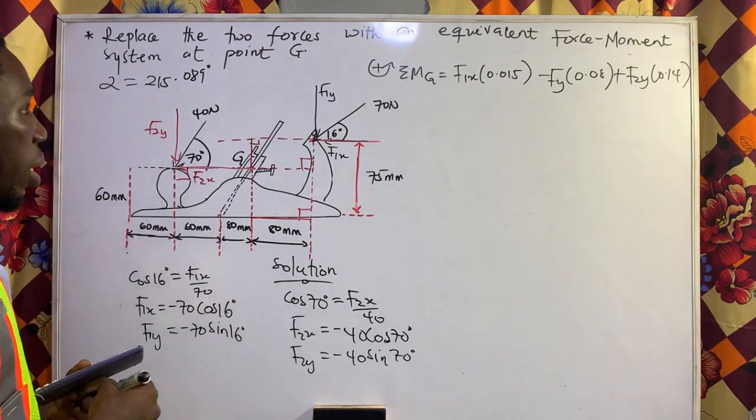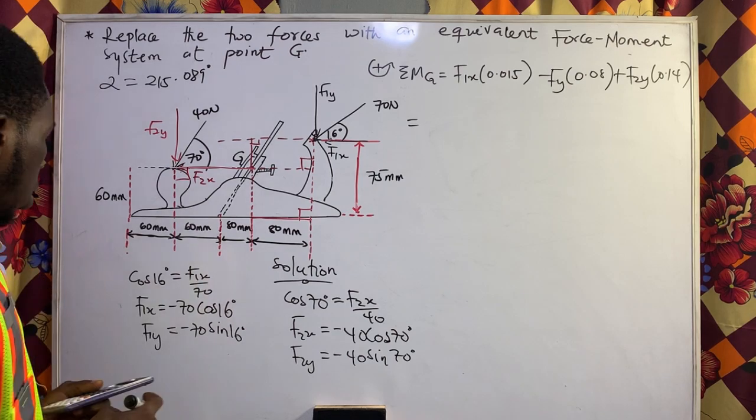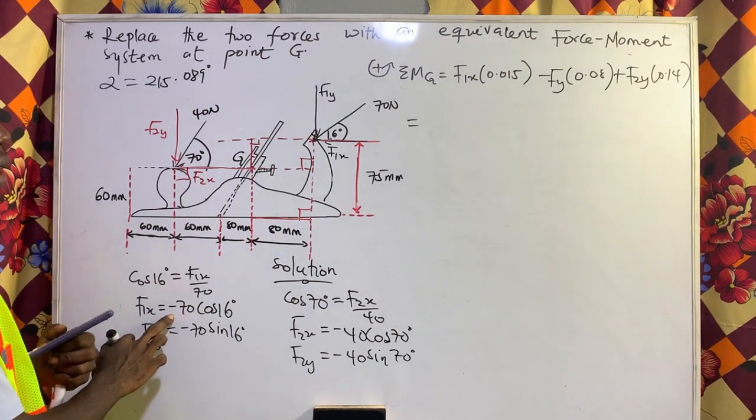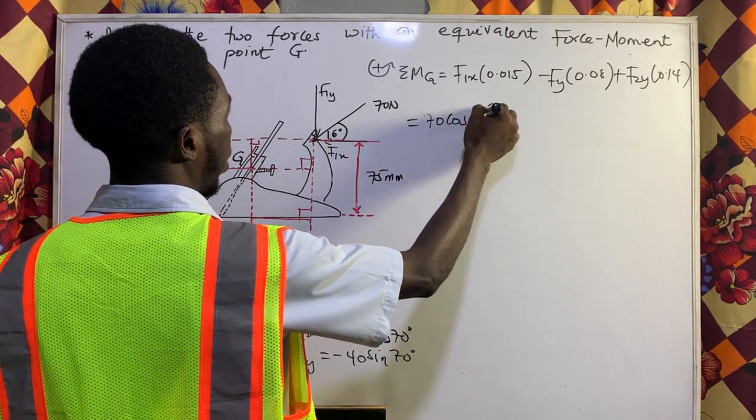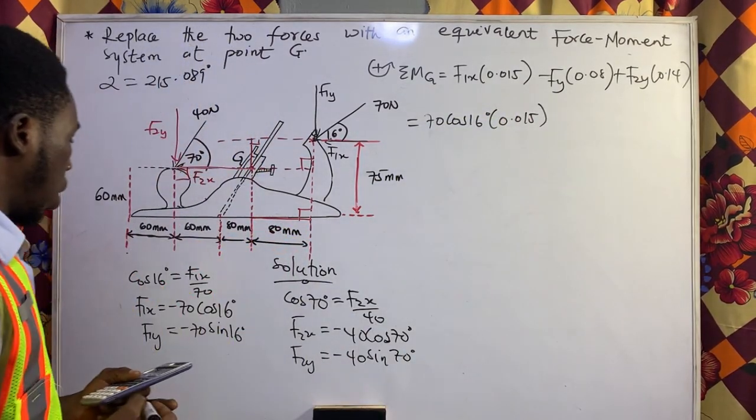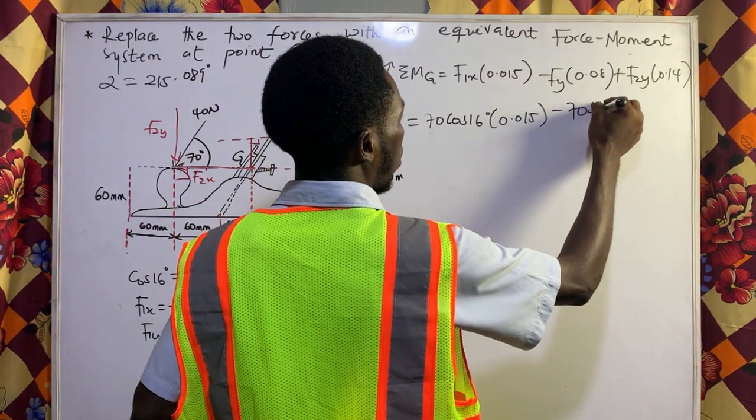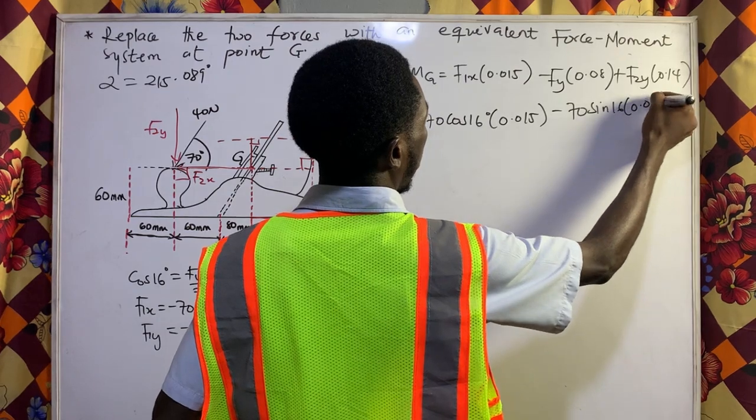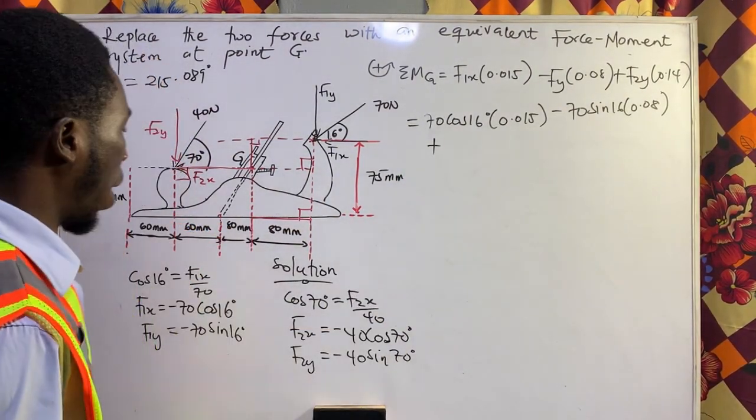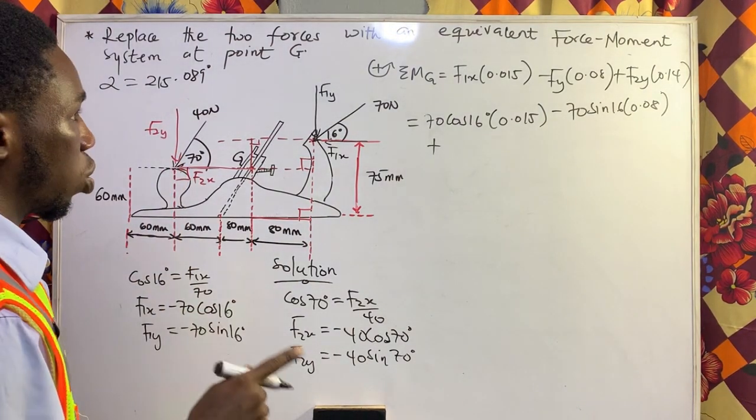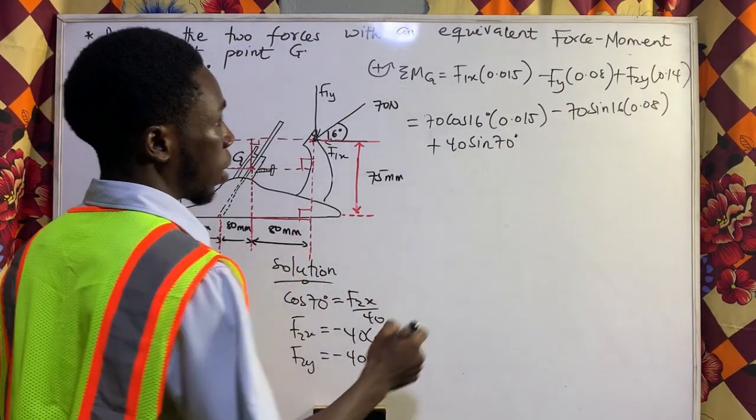Now let's substitute the values and get our answer. You know F1x to be minus 70 cos 16 degrees, but in this case we ignore the negative. So we have 70 cosine 16 degrees multiplying 0.015, minus F1y, which is 70 sine 16 multiplied with 0.08. We know it is negative because it is a clockwise moment. Plus F2y, which causes a counterclockwise moment, so it's also positive. That value is 40 sine 70 degrees